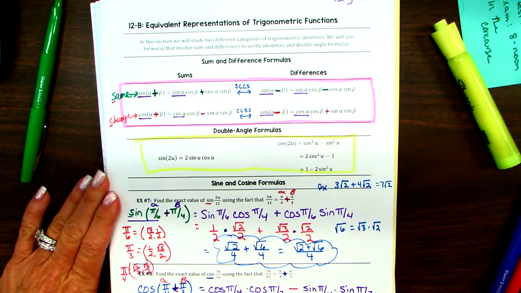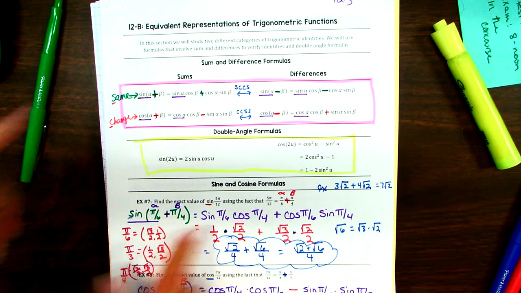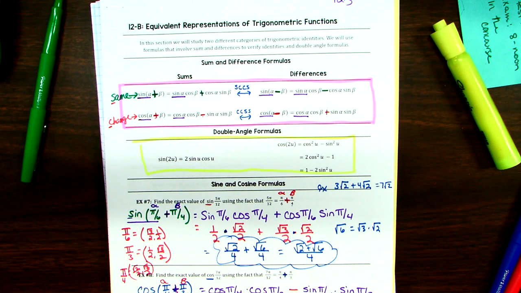So as a reminder, we will have an open note quiz on Tuesday, okay? We're on day 4 of this 3.12, and we have one more day, okay? So probably the most days we ever spent on any one section. So 5 days in 3.12. Mostly because I went pretty slow. Like today, I probably could have combined yesterday's and today's, but we're okay with time, so there's no reason to